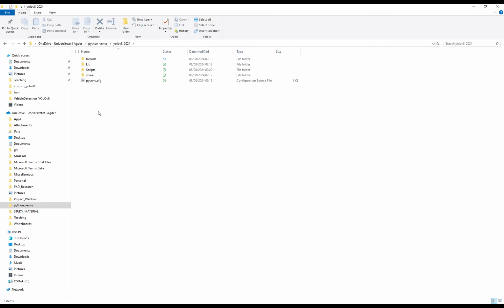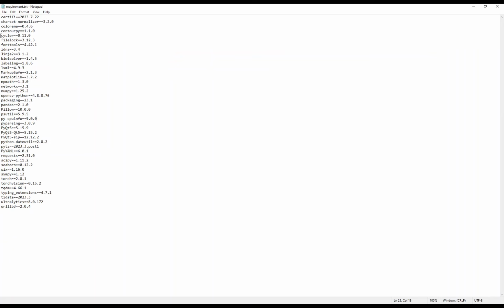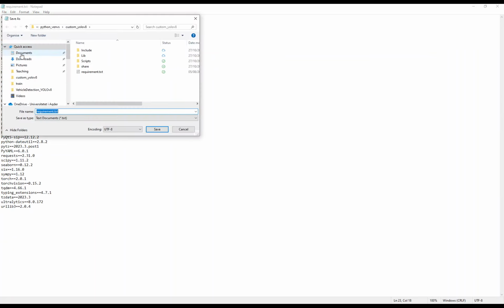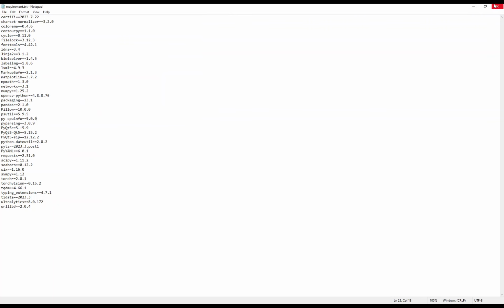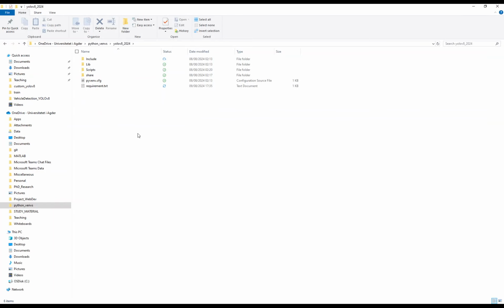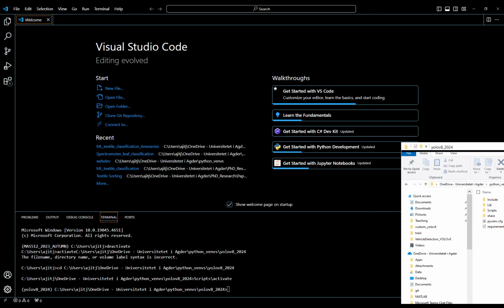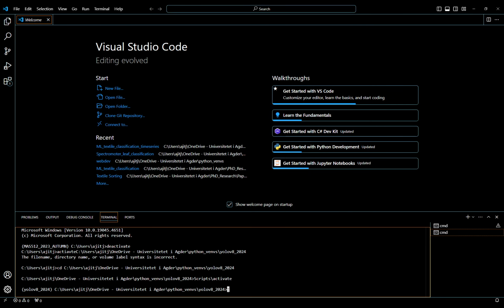And here we have this and we would want to paste this requirements.txt here. So requirements.txt, you can save it here, and we close this file. So now you have here requirement.txt, and then you can install this requirement by one line of command, and the command is as follows: pip install